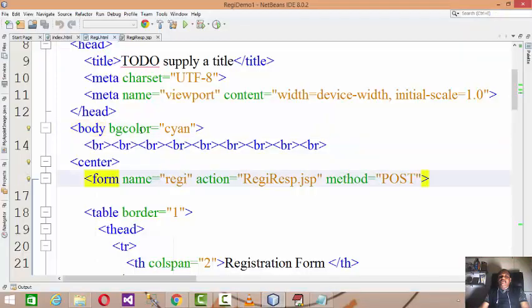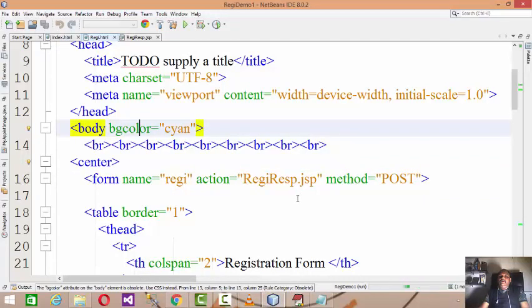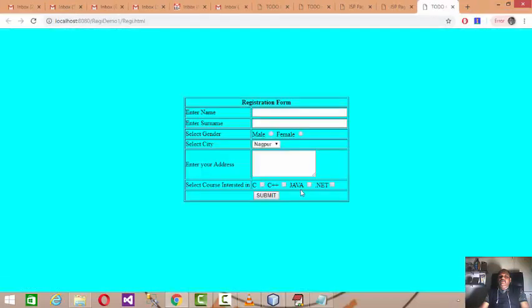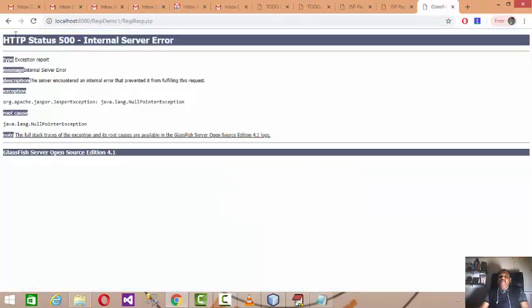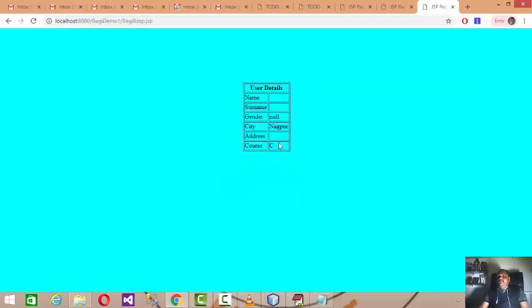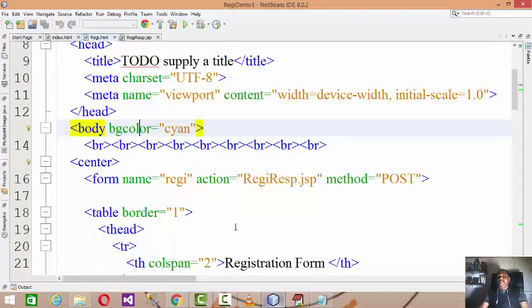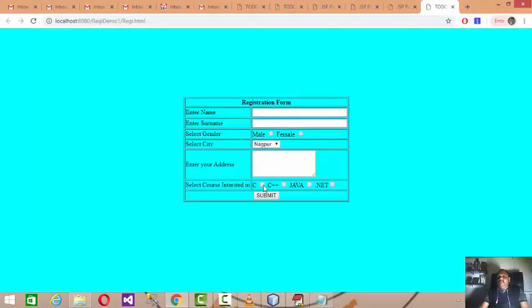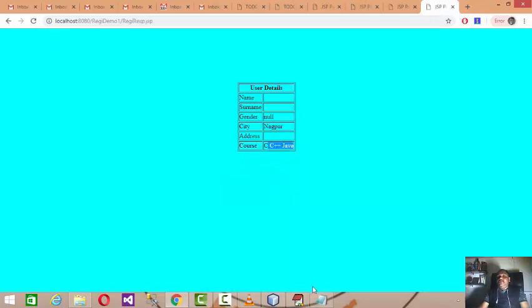If you select no values over there, then obviously it will be null, and you will get an error over here. But okay, you can write conditions over there and then nullify it. If you select any one, you'll get the things. If you select multiple, like C, C++, Java, all of them can be stored in an array, and then you can print it over here.